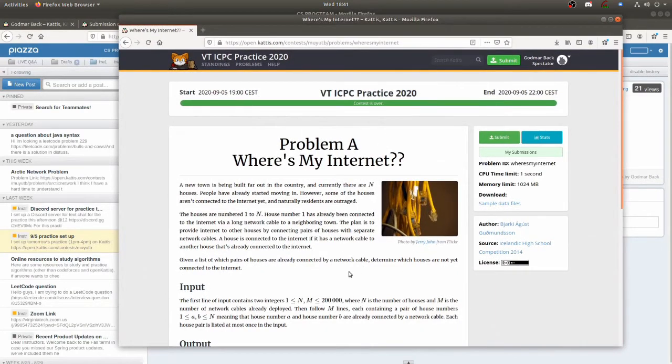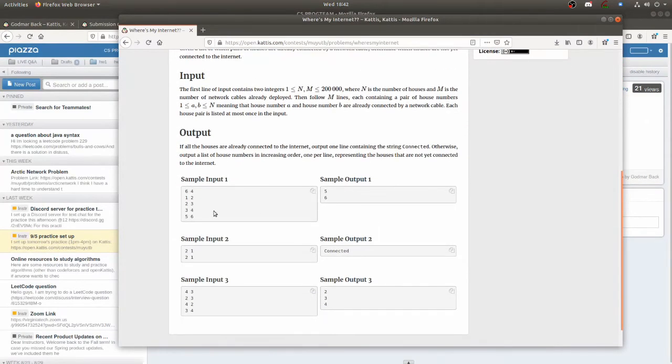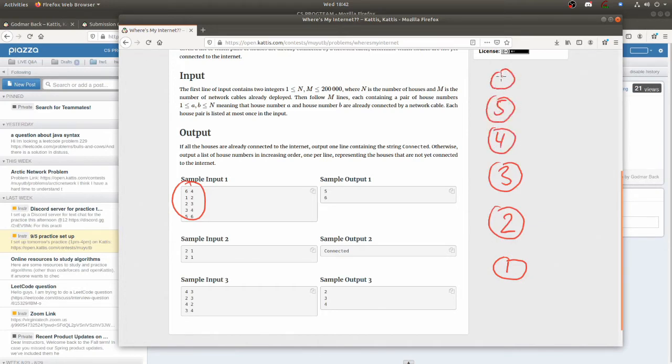In this problem, what is given is a graph. For example, in the first example input here, we have a graph that consists of 6 nodes: 1, 2, 3, 4, 5, and 6. And the edges in this graph are between 1 and 2, 2 and 3, 3 and 4,